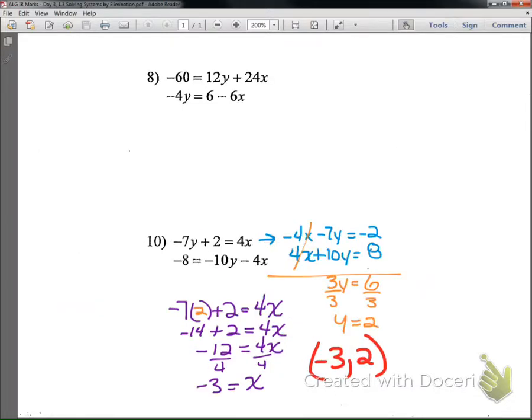And the final problem. This one was a little bit easier because after you rearrange the equations to get them both into standard form, you notice that the x terms are already same coefficient and opposite signs, that ideal situation that we were looking for. So that's that 0 pair, we eliminate it, and so we don't need to multiply anything to either equation. Combine our like terms,